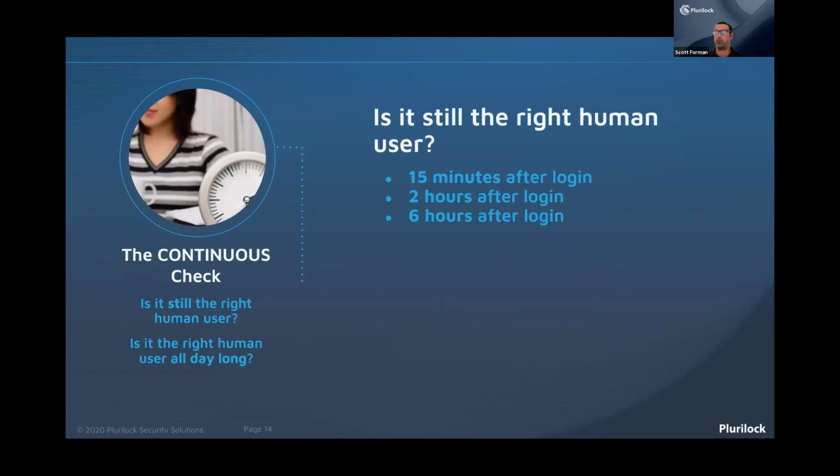And finally, there's the continuous check. With the continuous check, I should say, is it still the right human user? So you have your initial login and your authentication, but what happens after that initial login? How do you know that that user is still that person behind the desk doing the work that they're supposed to be doing 15 minutes after a login, 2 hours, or 6 hours after a login? And that has all to do with being able to continually authenticate a user, but without doing it in a way that's cumbersome or prevents the user from doing their work. So can you be sure at any given time, all day long, at all times, that the user is who